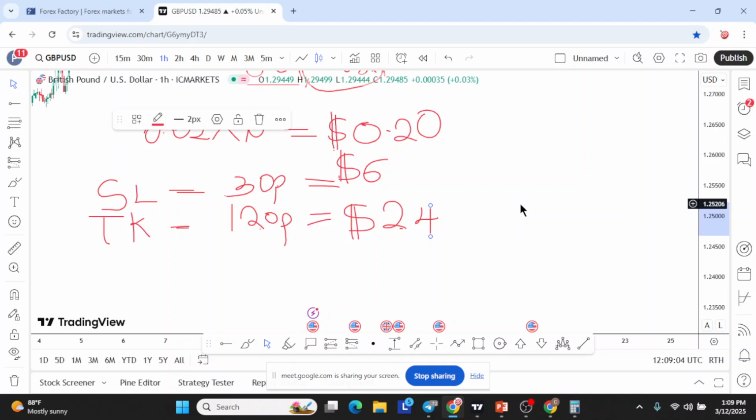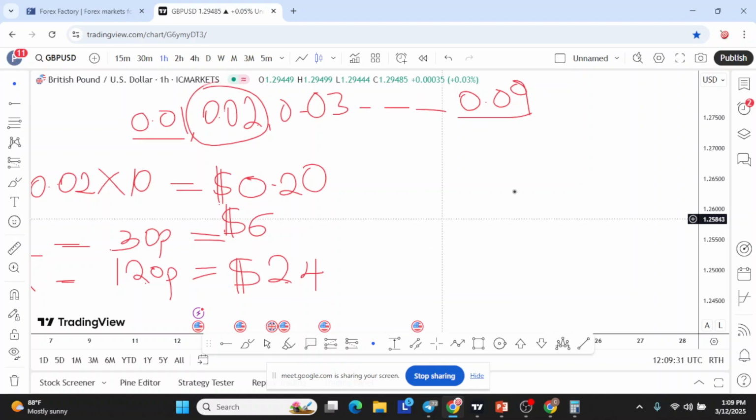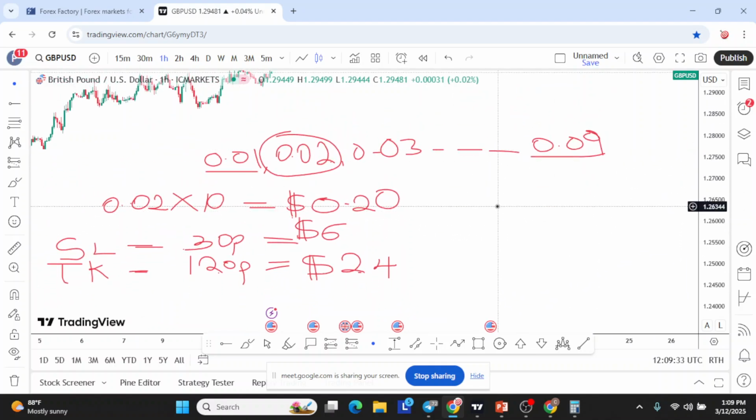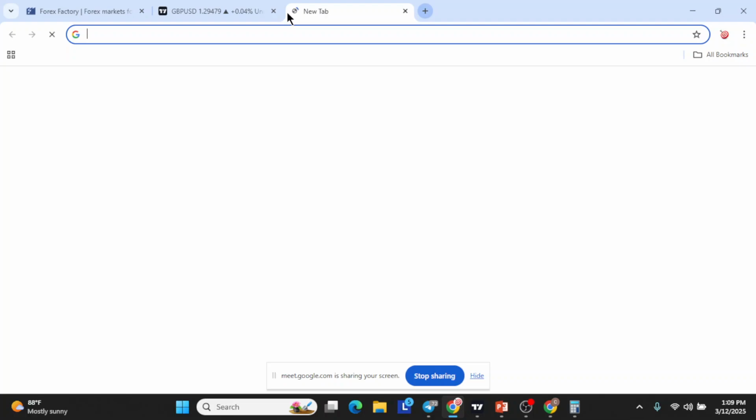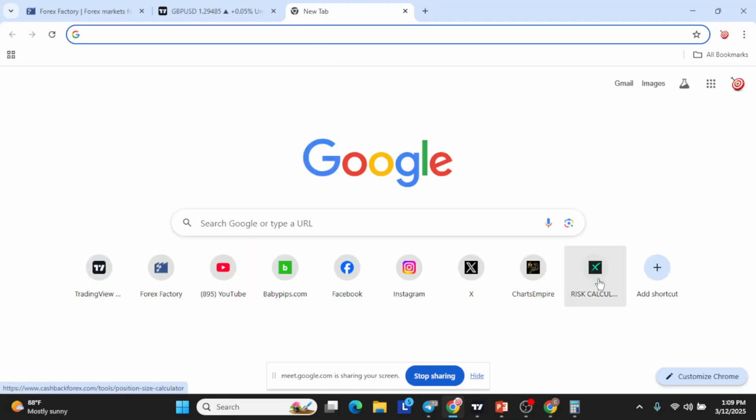Do you understand? So I told you that we also have a tool that will help us to calculate a particular lot size. So this is just the manual way we calculate. This is the manual way we calculate lot size. So let me show you the tool we'll be using in the long run, though you are yet to need that, but let me just show you, and when we get to that stage, you will learn about it again. So it's actually a website, and the website is